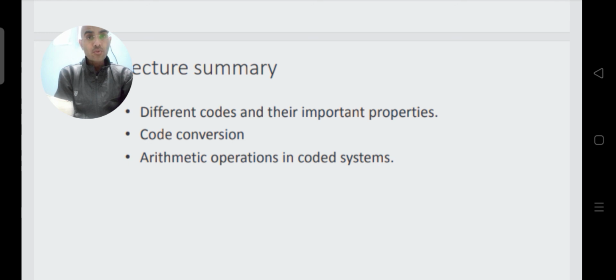These are the codes which are usually asked in competitive exams and in most university exams, where they emphasize these codes because they are more useful than the other codes. We tried to cover all those things in this lecture.